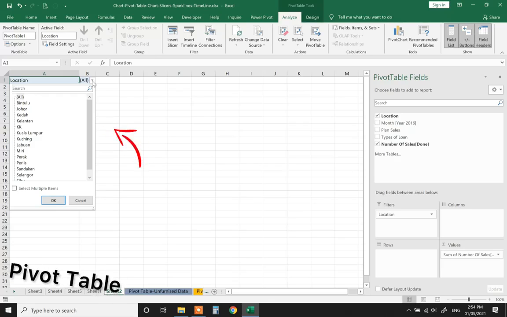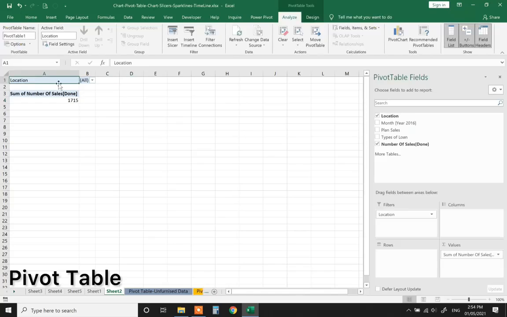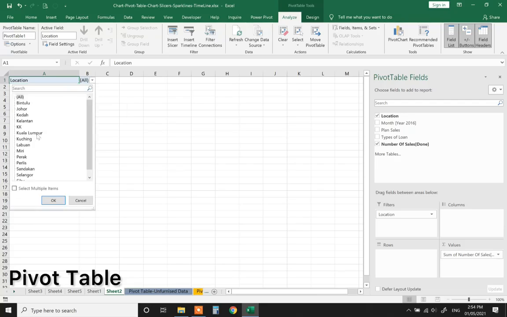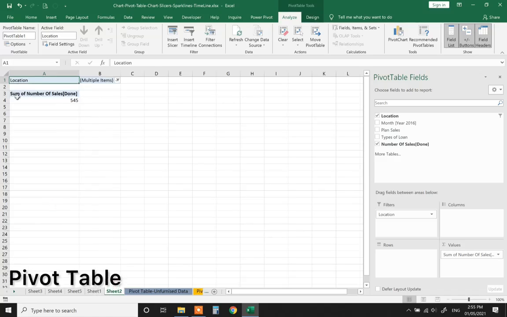Okay, so let's say now if I want to know all locations, the total sum of sales that happened is 1715. If I want to select a certain set of locations, say I want to select only Bintulu and Johor, Bintulu and Johor will show total 545.